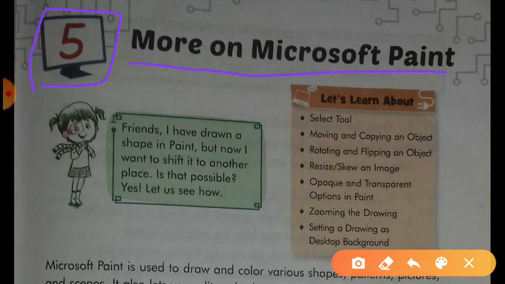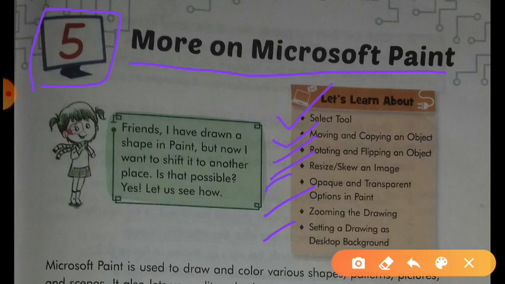In this chapter we will learn about select tool, moving and copying an object, rotating and flipping an object, resize, skew, opaque and transparent option in Paint, zooming and drawing, and setting a drawing as desktop background.